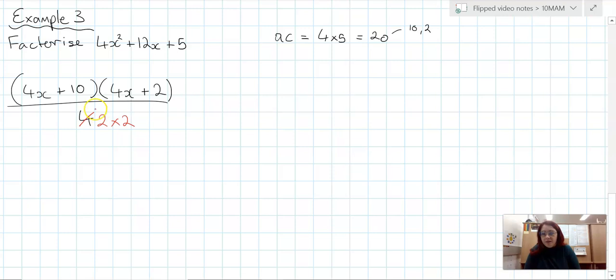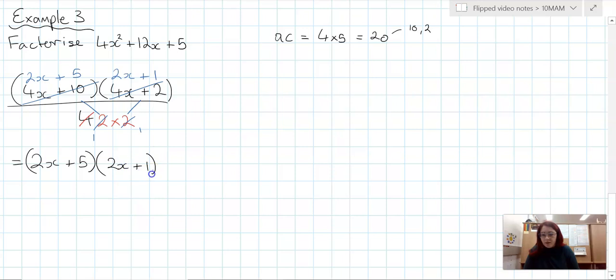We can now think of this as this 2 working with this and this 2 working with this. So we're going to cancel that to be 1. And we're going to divide this by 2, which leaves us with 2x plus 5. This will cancel to be 1. This will cancel to be 2x plus 1. So what we're left with is 2x plus 5